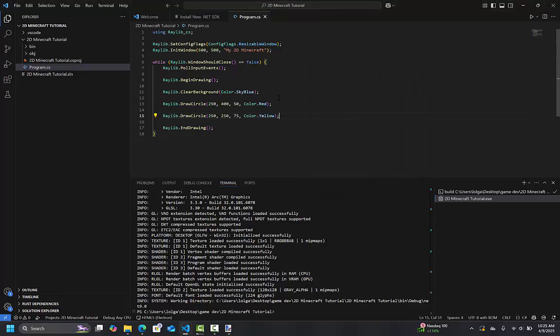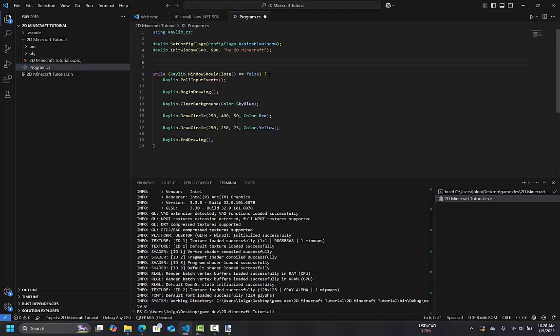So now, what if we wanted one of the circles to be able to move, right? So currently what we have been doing is we have been using functions. But now what we want is we want variables. So I'm going to show you an example of a variable right here. Before the while loop, we're going to type in